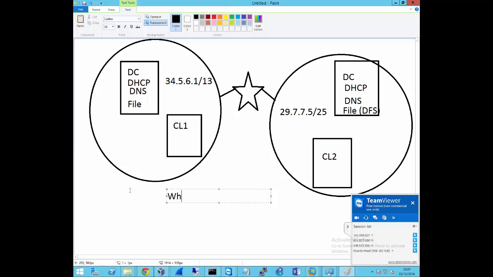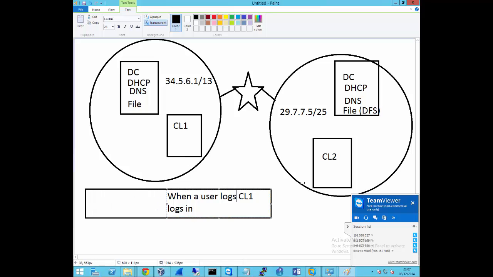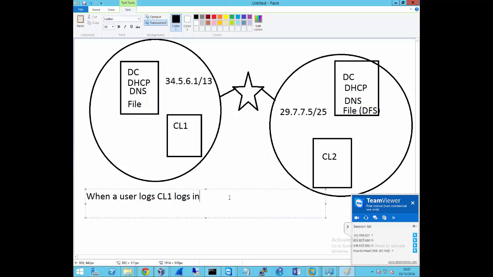When client 1 logs in, or when a user logs into client 1, let's expand it. So this is a view challenge. So this now, when a user logs